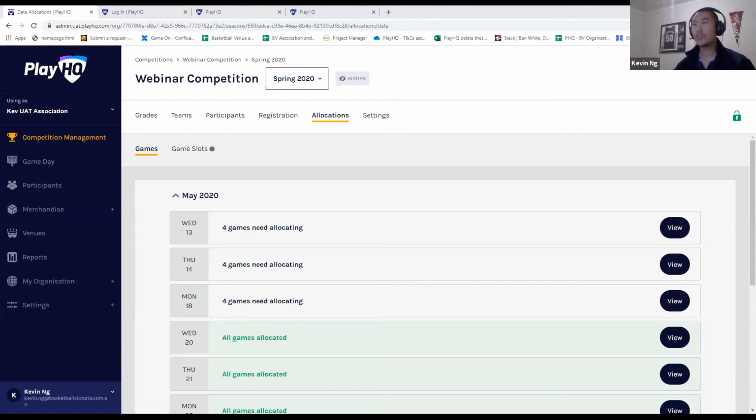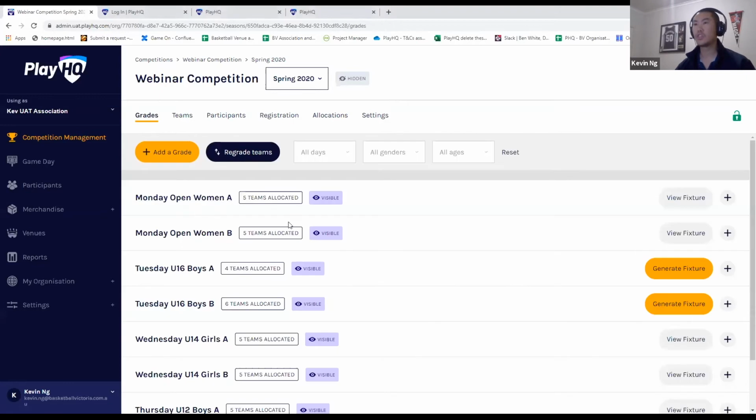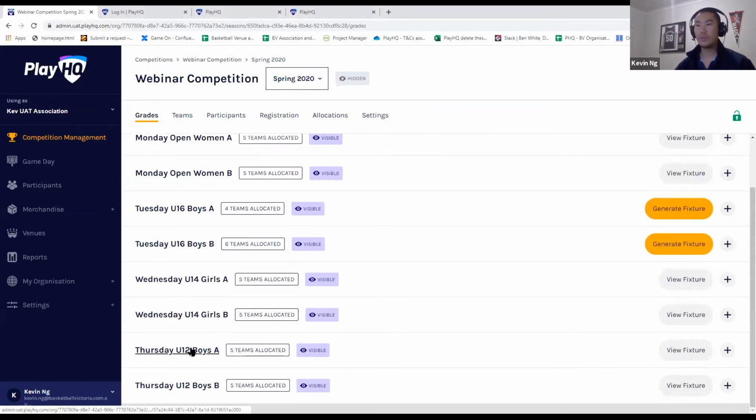So the next thing I want to show you is the visibility for your grades. So typically, a lot of associations will generate their fixtures for their grading period, but because they've got a grading period where there's potentially a few rounds and then you're going to do a bit of regrading, we don't want to publish fixtures that are in the future after the grading period, because they're inevitably going to change, and we don't want people to save those times or write those times down in their calendar where they're inevitably going to change. So we can go into the fixture,